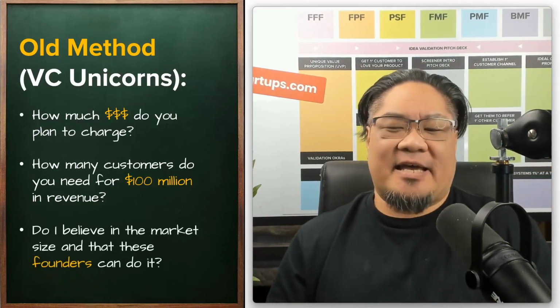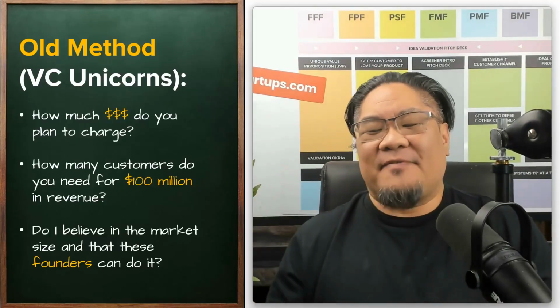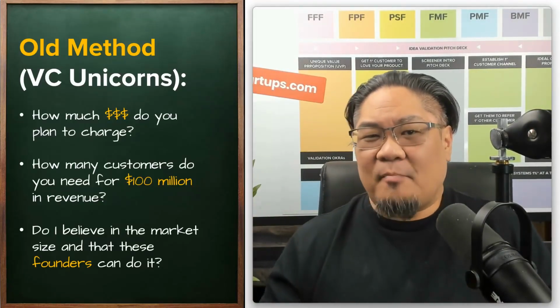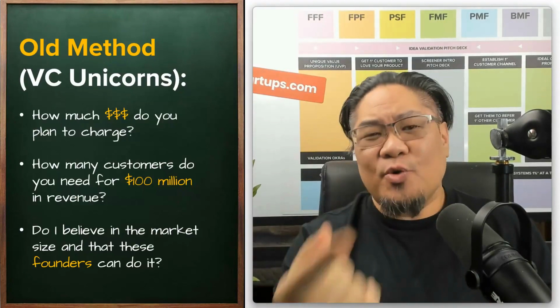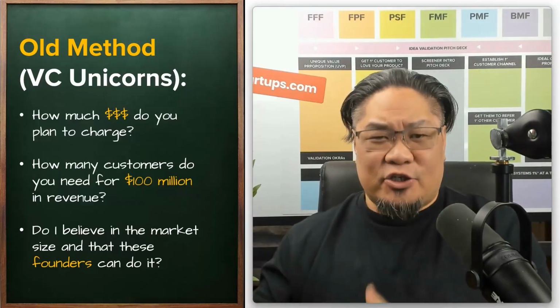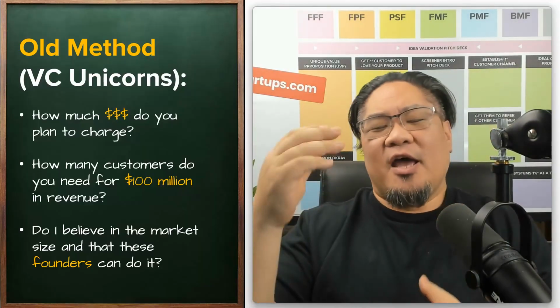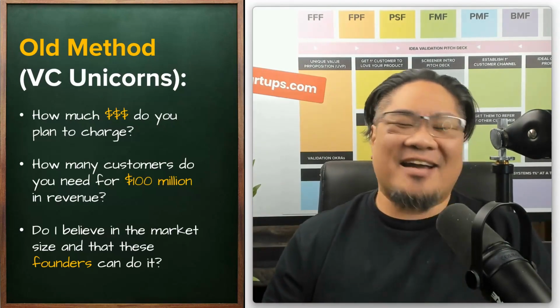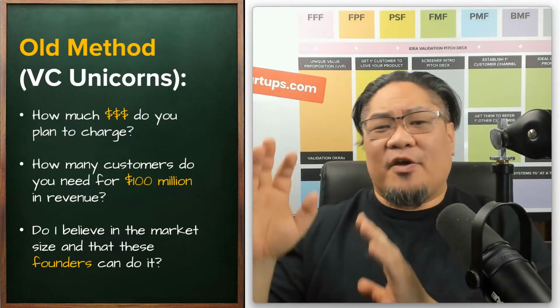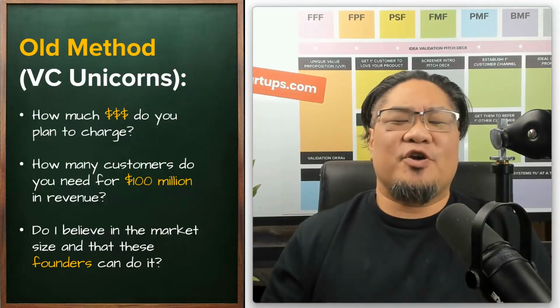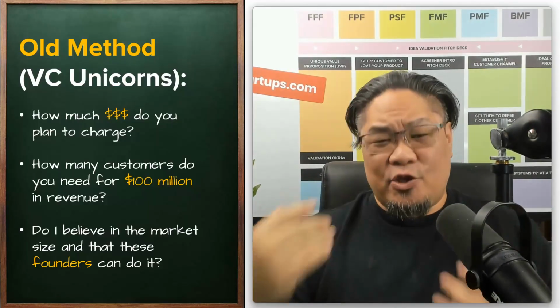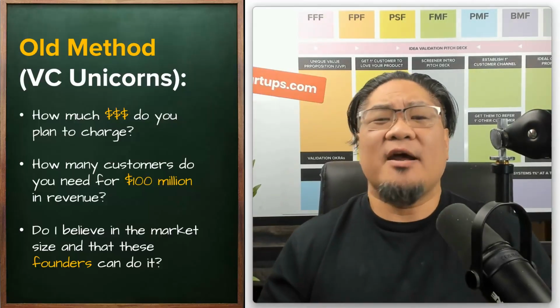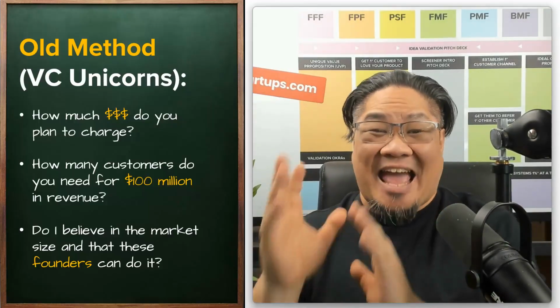They need to be convinced as investors. Do they believe in the market size? Is it a big enough market? Is there enough need? There's a problem and your solution. And can you as founders do it? They're going to look at your team. They're going to look at your traction, what you've built so far, your accolades, whatever, domain expertise. They're going to look through all those things, interview you, and determine, okay, I think that these founders can build a unicorn reaching $100 million a year, selling to the amount of customers that you need at your price point.